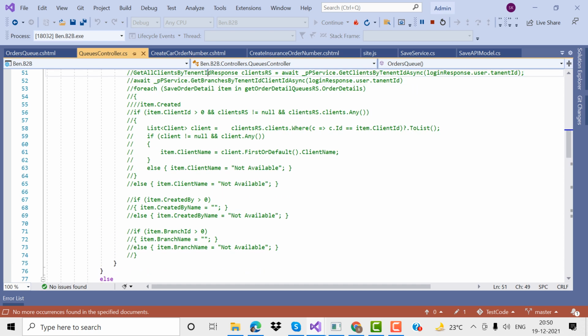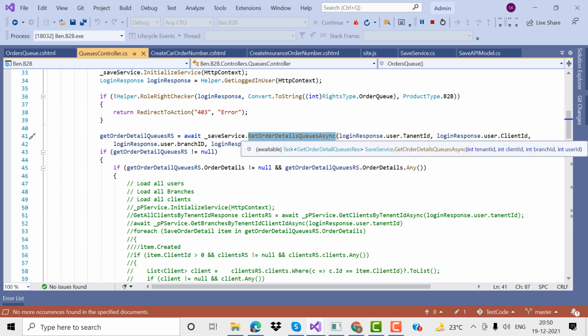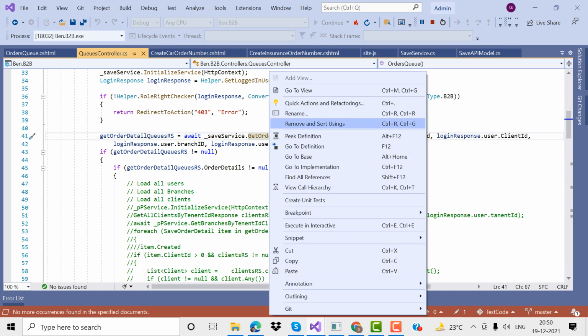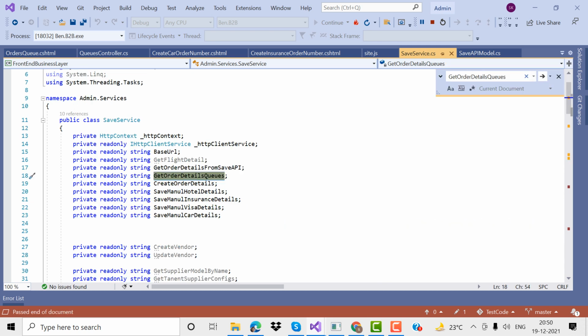how do we fetch these model values into the grid view? Sorry, how do we fetch the SaveOrderDetails list model from the services? I created one GetOrderDetailsQueue asynchronous call method. In this method I configured the services and all these things. This is the get method, that is the reason we have written it this way. In the GetOrderDetailsQueue method,